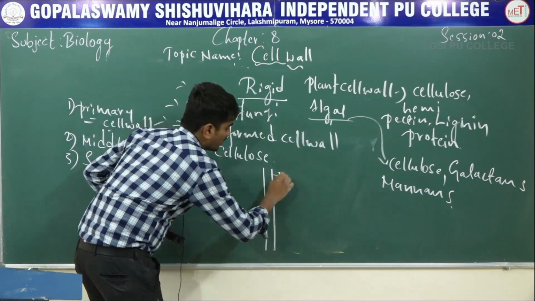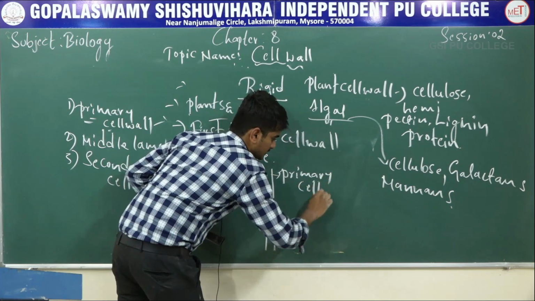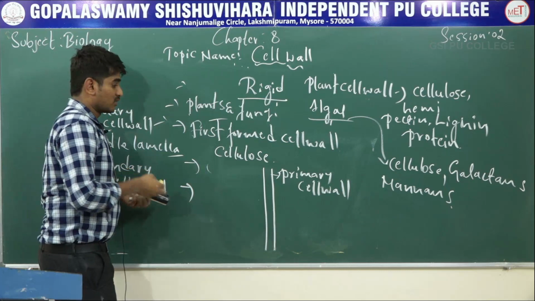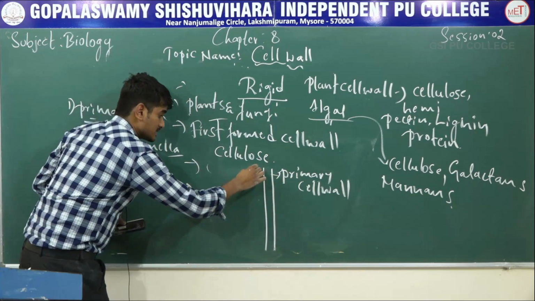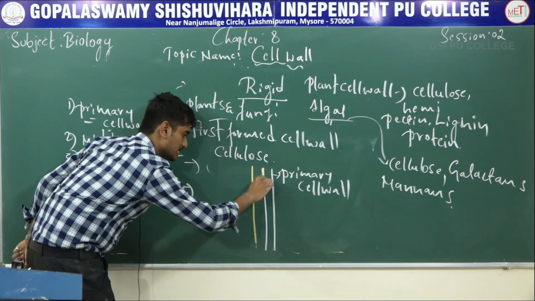So this is the primary cell wall. And next to the primary cell wall, there is the secondary cell wall. Okay, see the middle lamella, which is present in